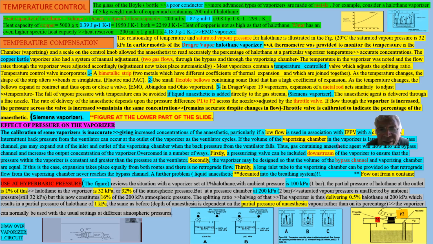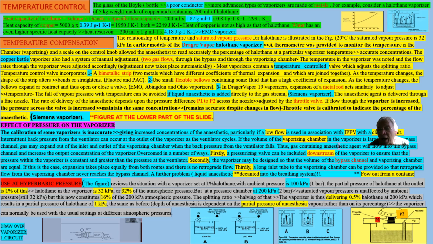So we have three known systems. We have what we call the bimetallic strip, as we can see from the lower part of the slide. I'm sorry, I don't have a pointer to show. We have three types to maintain this flow in respect of temperature. Bimetallic strip means one strip made of two metals of different coefficients of expansion, joined together. Whenever it's heated, one of them will increase in length more than the other, which will take it with it to close the outlet of the vaporizer to decrease the amount of vapor emerging in hot atmosphere,